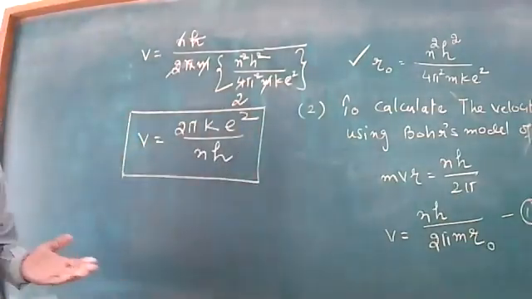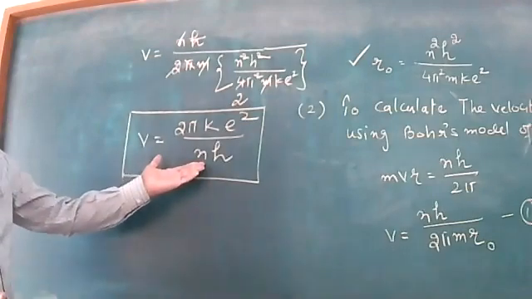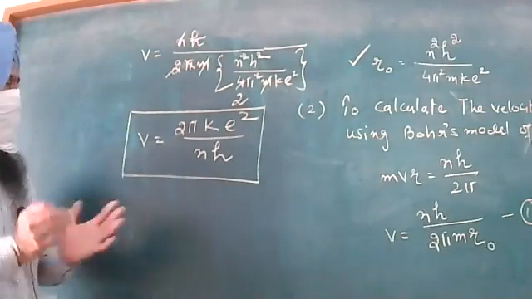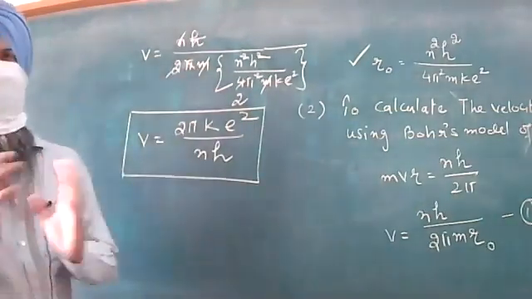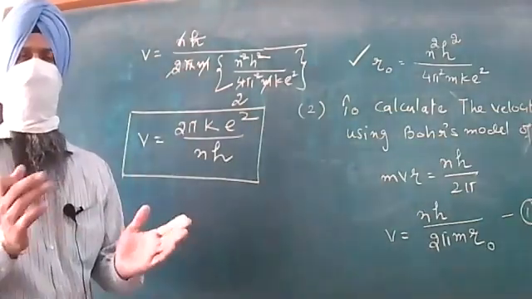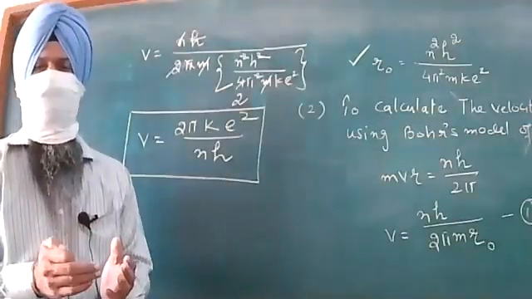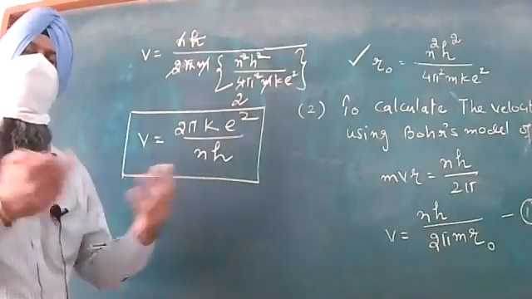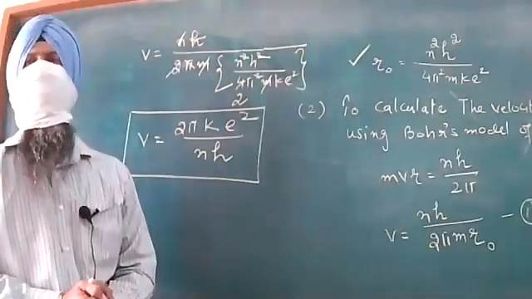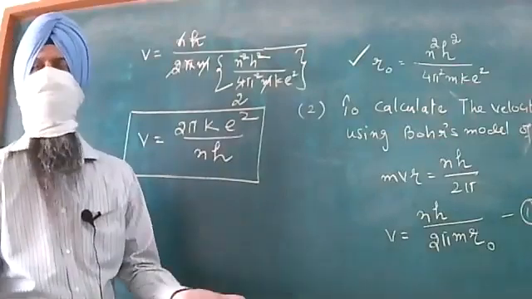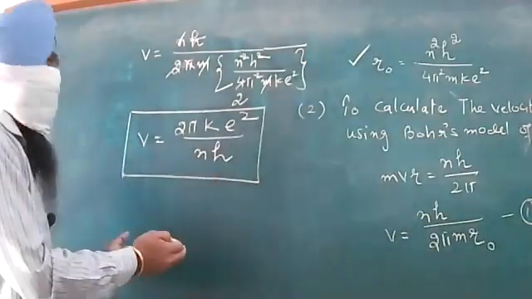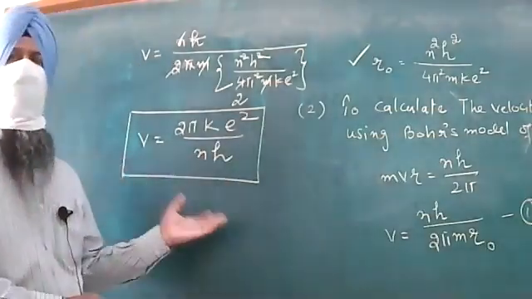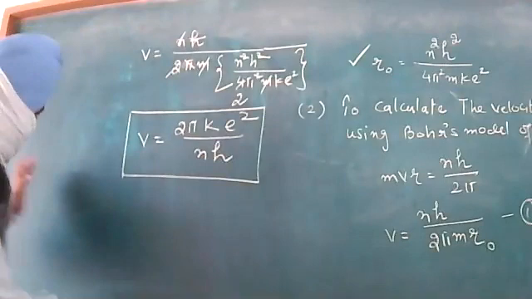If you want to go with the hydrogen atom, just substitute n equal to 1, you will get it. But sometimes the examiner asks some tedious question. If the students are to be put in a difficult situation, the examiner may ask you this expression in terms of the fine structure constant, that is alpha. So we have to define that also, and we have to calculate that also. We have to introduce that concept also. Let me do that.